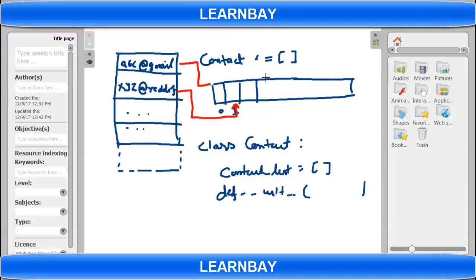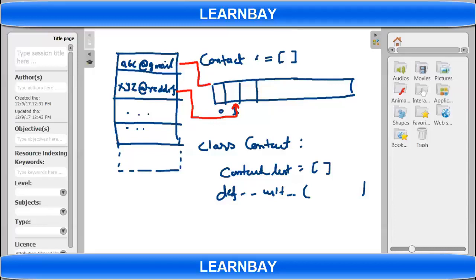This is called a class variable. If you put it inside init, every object will have its own individual contact list. So at the end, you are not going to append in that global list. You'll be appending in your local list, so the global list will still be empty.